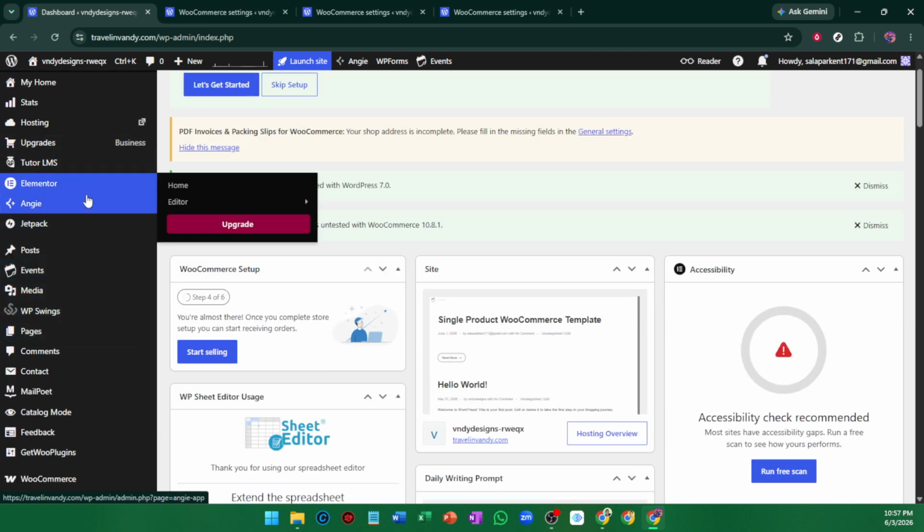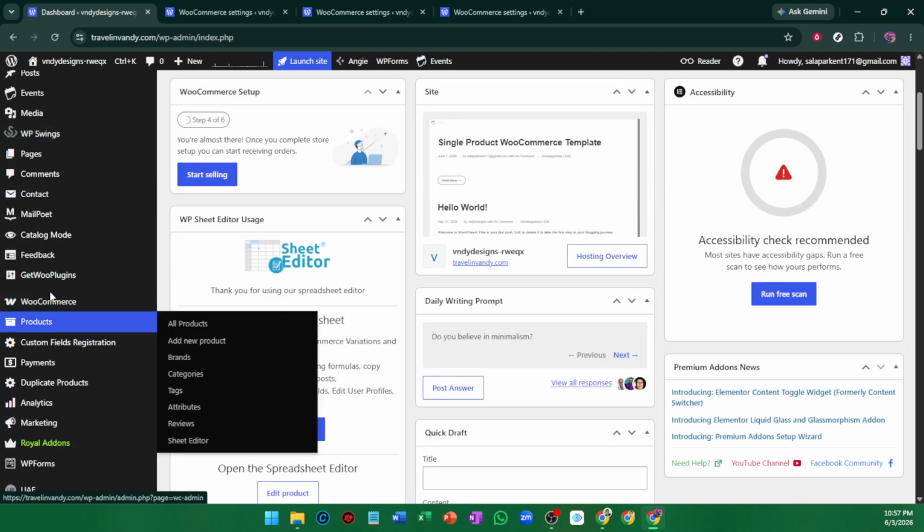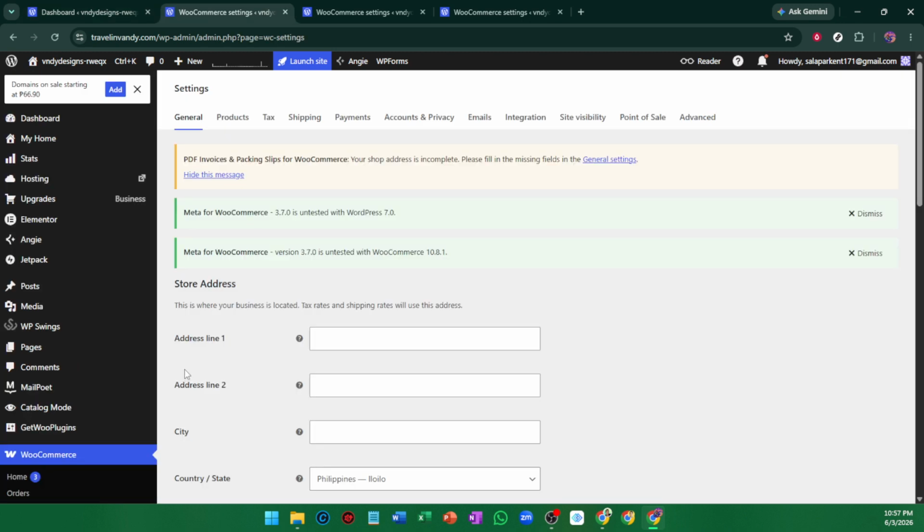Start by going to your WordPress dashboard. Once you're in the admin area, look over to the left-hand menu and click on WooCommerce. This will take you into the main WooCommerce section where all of your store settings and tools are managed. From there, click on Settings. Inside the settings area, you'll see several tabs across the top. Select the Emails tab. This section controls the different email notifications WooCommerce sends out, both to customers and to store